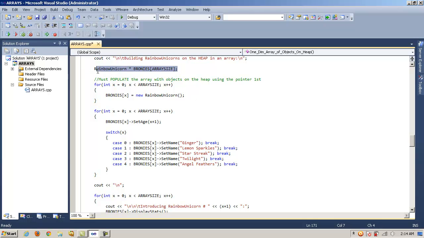When we do it this way, we've got to populate the array with objects. A quick and easy way to populate an array is with a for loop. And just loop for the number of elements that's in the array. In this case, we can use our constant global integer array size, which is 5. So 0, 1, 2, 3, 4 inside this for loop. And then we just need to use the keyword new and instantiate a Rainbow Unicorn for every single element in